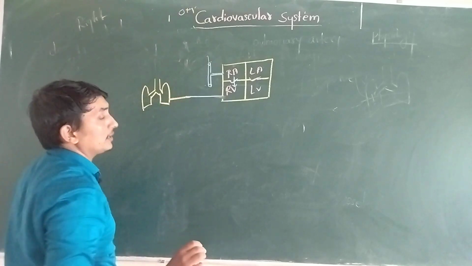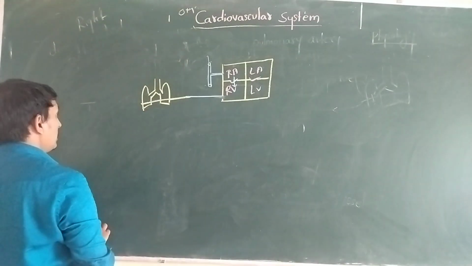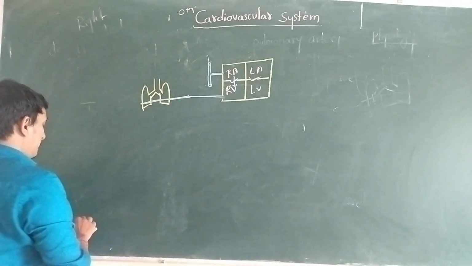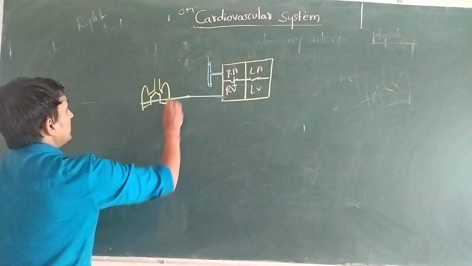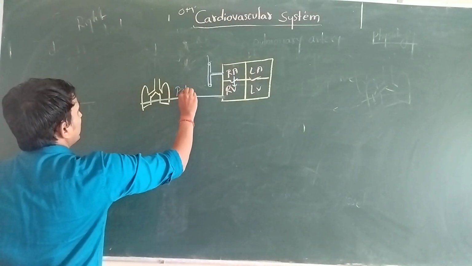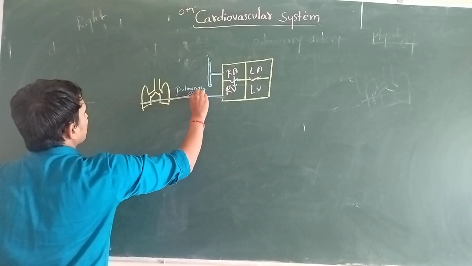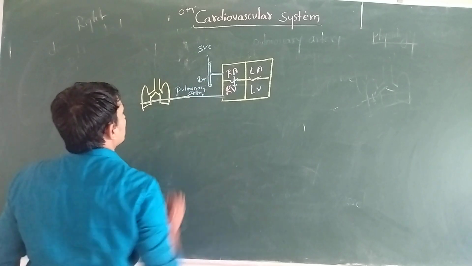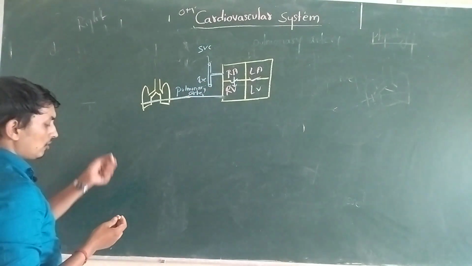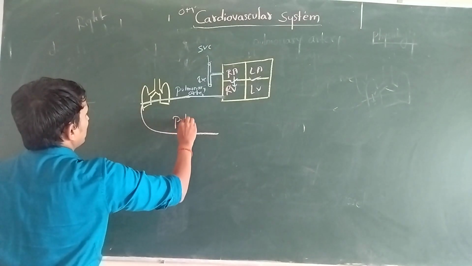Okay, so here, mainly for your understanding purpose, now the blood is oxygenated. Once the blood is oxygenated, the blood is carried by the pulmonary artery. Always remember, this is called the pulmonary artery. This is called the superior vena cava. This is called the inferior vena cava. Okay, so after oxygenation, blood is carried by the pulmonary vein. This is called the pulmonary vein.